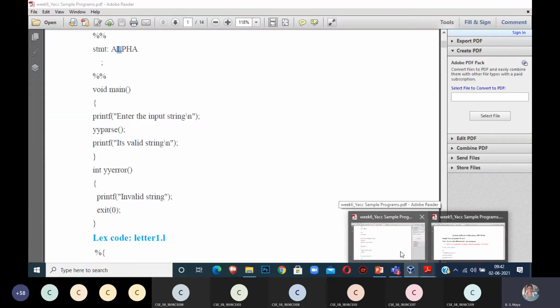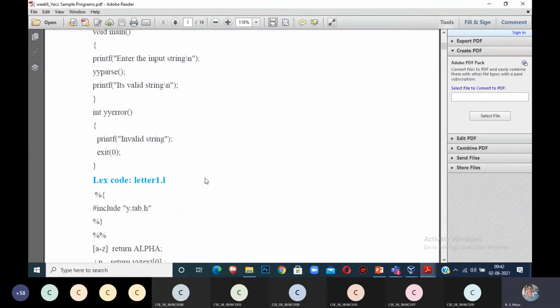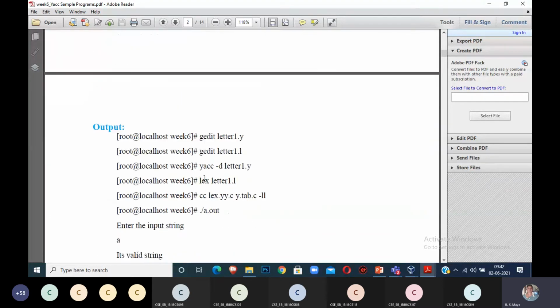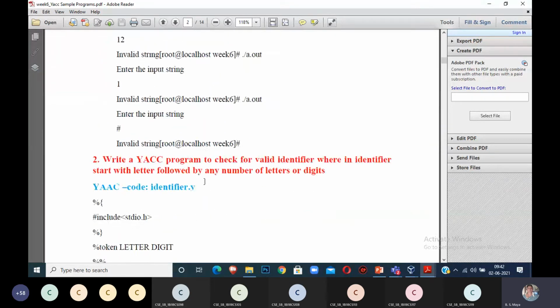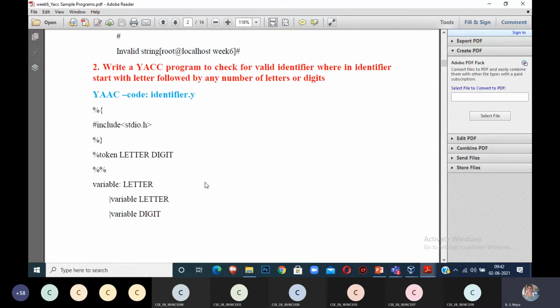Shall I go for the second program? The second program: write a Yacc program to check for a valid identifier, where an identifier starts with a letter followed by any number of letters or digits.